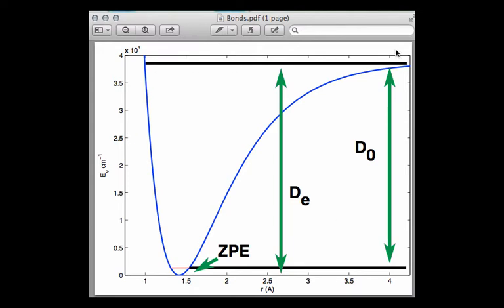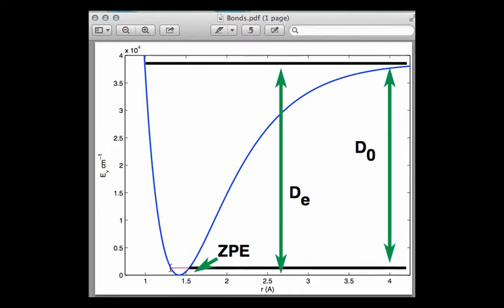The HBr equilibrium bond dissociation energy, which is from the 0 here, the very bottom of the well of this oscillator, at about 1.4 angstroms, all the way up here is about 38,000 wave numbers, so 3.8 by 10 to the 4 there, this black line. That's from the very bottom of the well all the way up. So that's the equilibrium bond dissociation energy. It's the bond dissociation energy we could have if the system actually could sit right down at the bottom. But it's a classic case of quantum confinement, and instead the lowest energy solution you can get is this